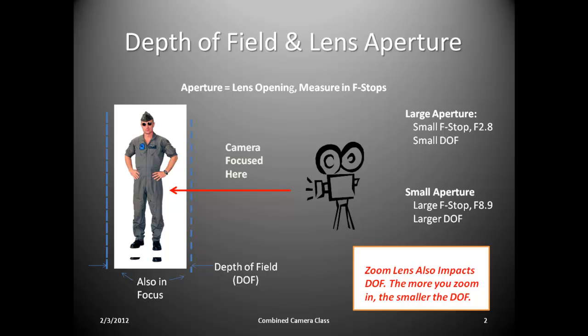Hope this gives you a little idea of what you are controlling when you put your camera in aperture preferred mode or in the manual mode. Or if you don't have a camera that does that, you can kind of see what's going on inside your camera when you put it in one of those scenic modes